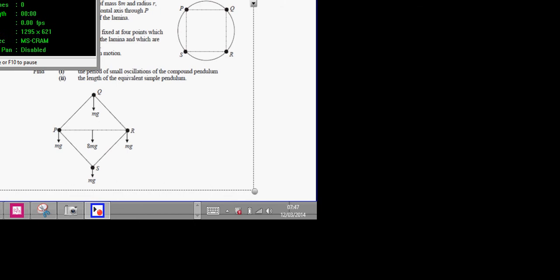In 8b, moments of inertia, a uniform laminar rod, a uniform circular lamina of mass 8m and radius r can freely turn about a horizontal axis through P, perpendicular to the plane of the lamina. Now, perpendicular to the plane of the lamina means that if I was to draw a circle,